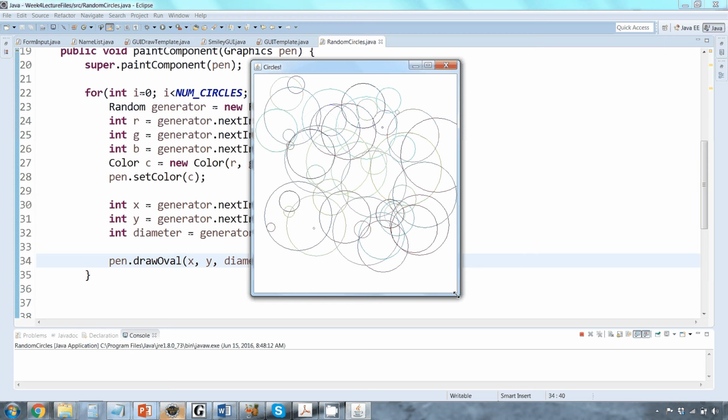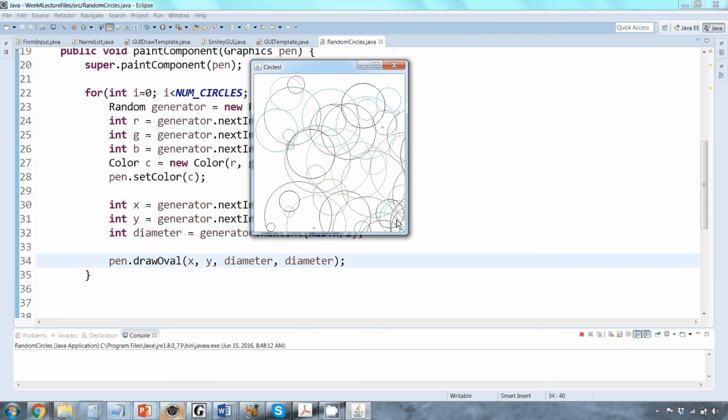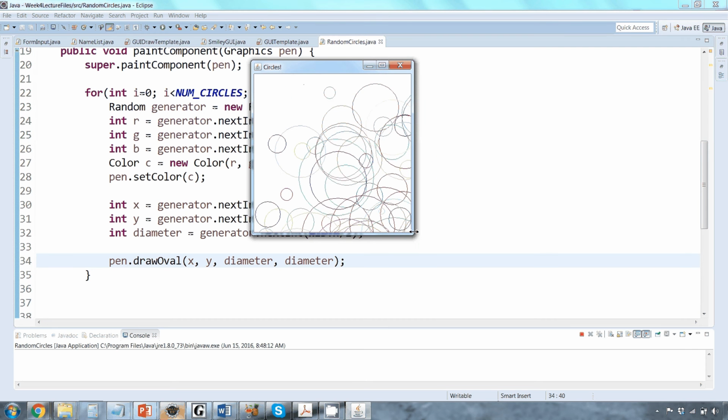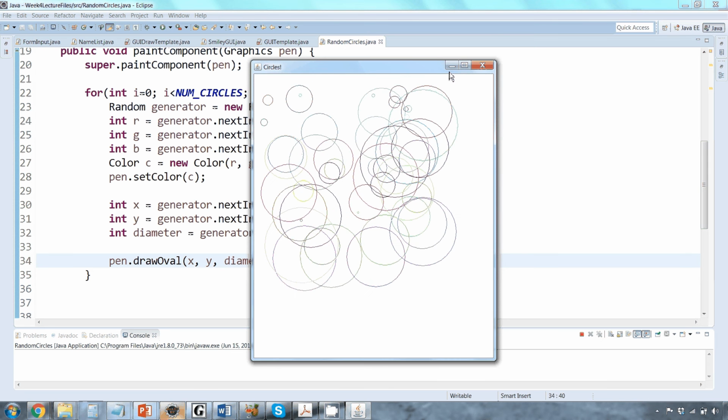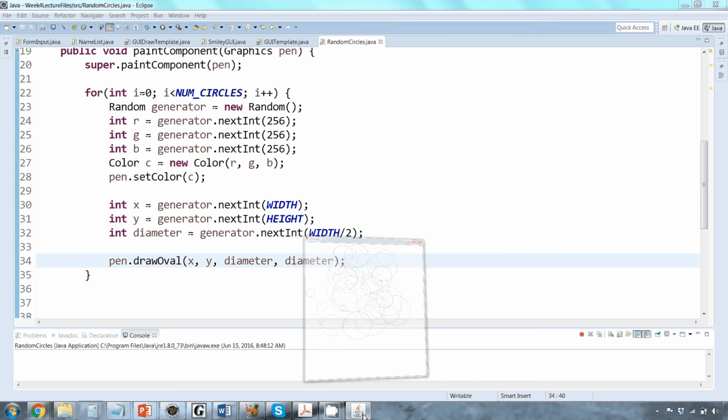For our purposes, for this program, it's fine, but there might be some places when you want to take some of that code and move it outside of paint component so that it doesn't happen every time paint component is called. Especially if you have any code that is sort of computationally heavy or you have a lot of stuff you're doing, if you can move it outside of paint component so that it only has to happen once, that's usually a good idea. So just be aware that if you have code inside of paint component, again, it's going to be called every time the window needs to be redrawn, including when you resize it and also when you